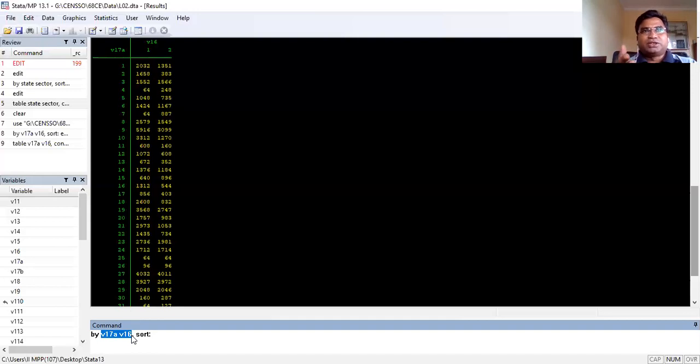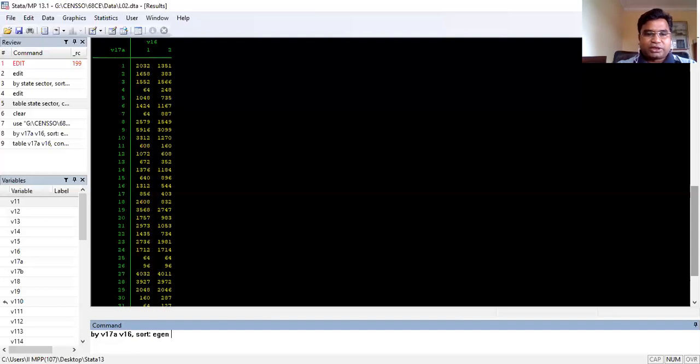So that's why the state and rural urban variables get into the by variable. If I needed something more, let's say district, probably I would have added districts here, right? Then I can say within a state, and then within a particular district, their rural urban bifurcation, those things we can easily do if we are using this command, right?